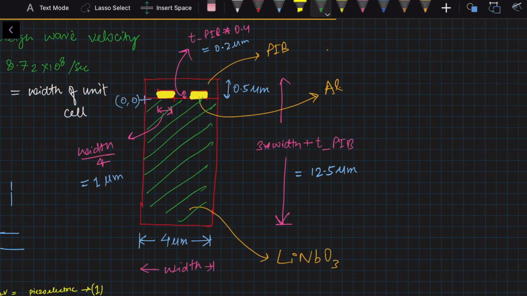The width of this is 4 micrometers, and the height of this is 3 times the width. Above it is the PIB layer, which we are using for sensing the gas, because we are designing a gas sensor. The height of this PIB layer is 0.5 micrometer. Fine. These yellow color boxes are IDT, interdigital